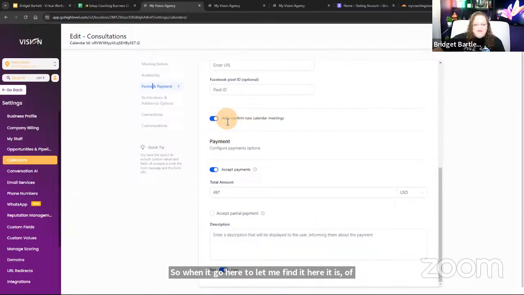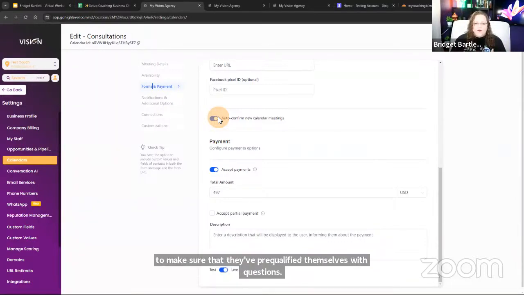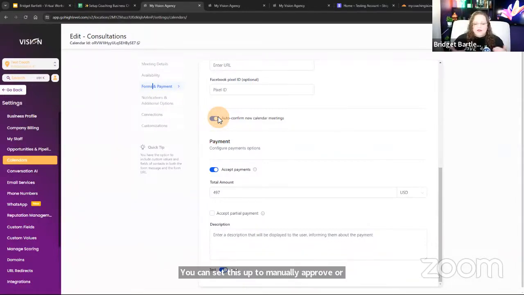If that is not firing, it's because somehow this got turned on. Now, by default, it's turned on. But if for some reason that's not firing, it's probably this, because there is the option. Let's say people are booking and it's free and you want to make sure that they've pre-qualified themselves with questions. You can set this up to manually approve or confirm the meeting. But if they're paying, I just auto confirm. So if you see or experience that issue, just know you want to come back and make sure that this